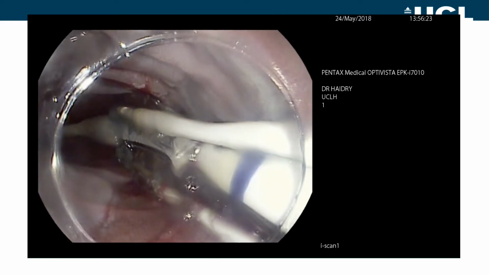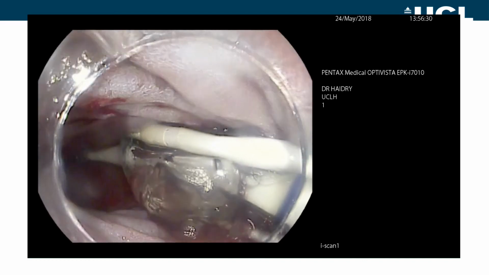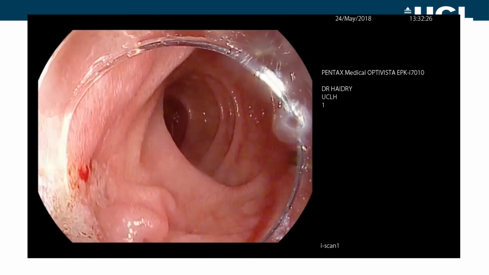You advance the balloon under fluoroscopic and direct endoscopic visualization to create this mucosal disruption, and that is the